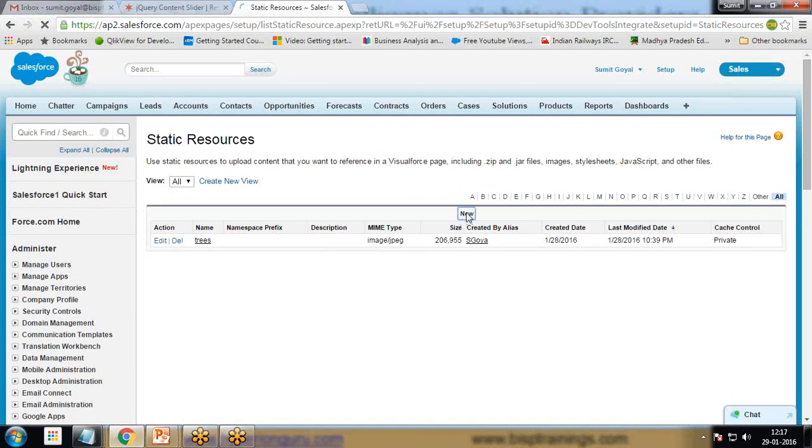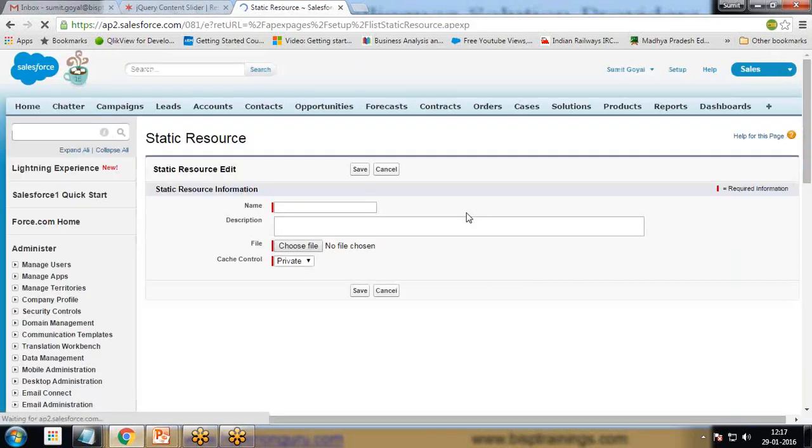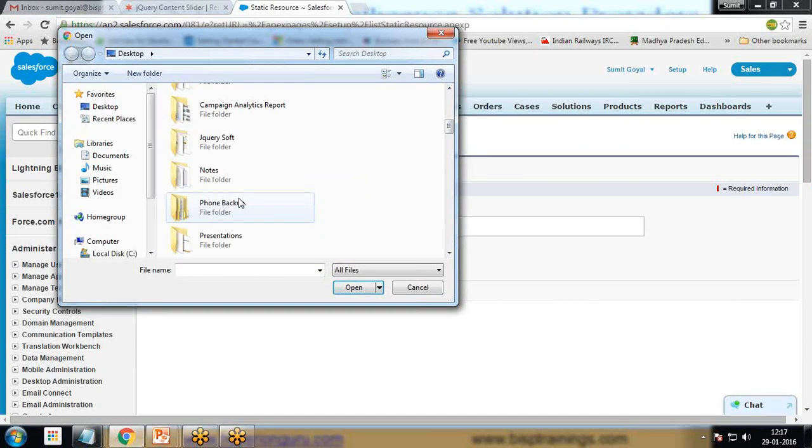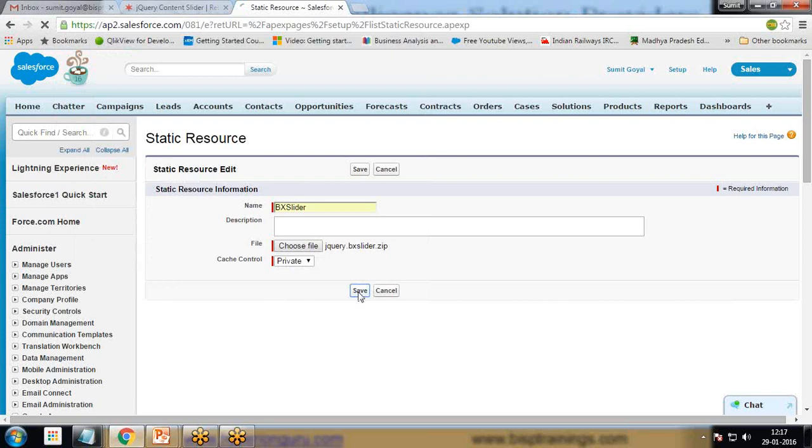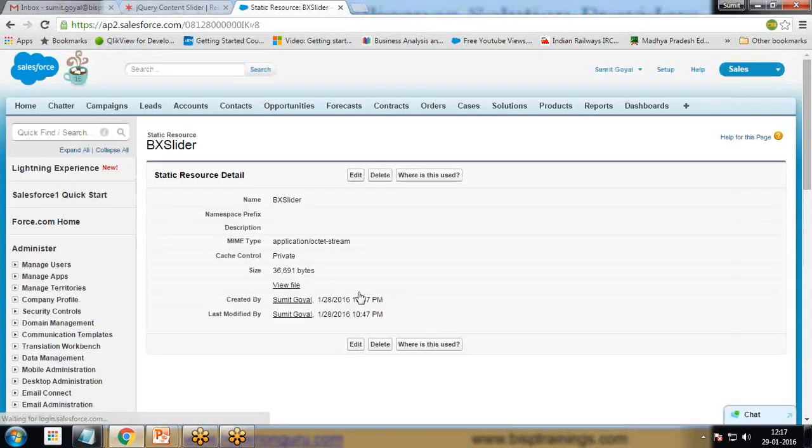and click on New. I'll give the name as bxslider, choose the file from the desktop named jQuery, open it and save it. Once it is done, we start the